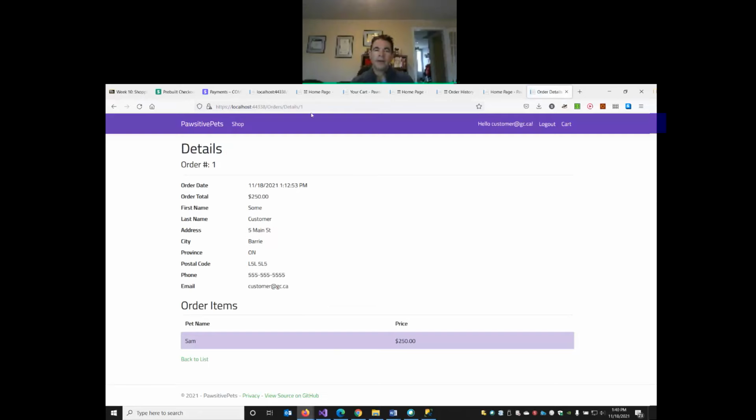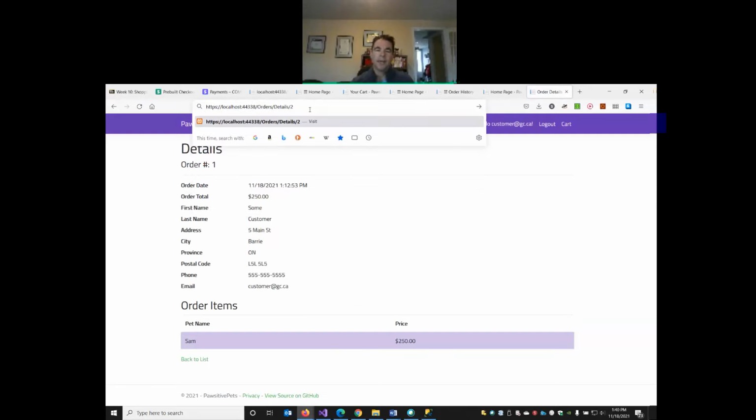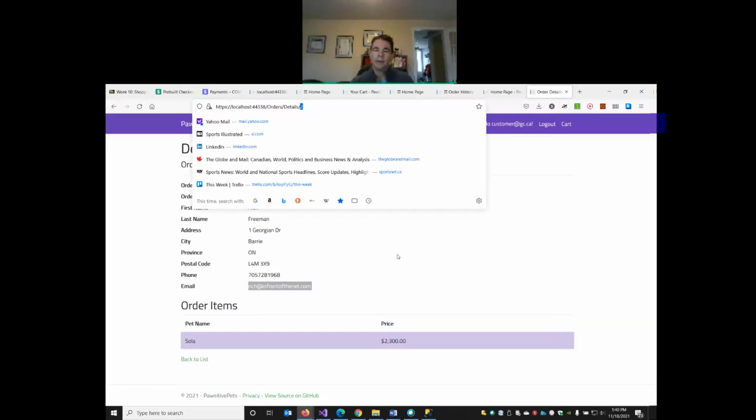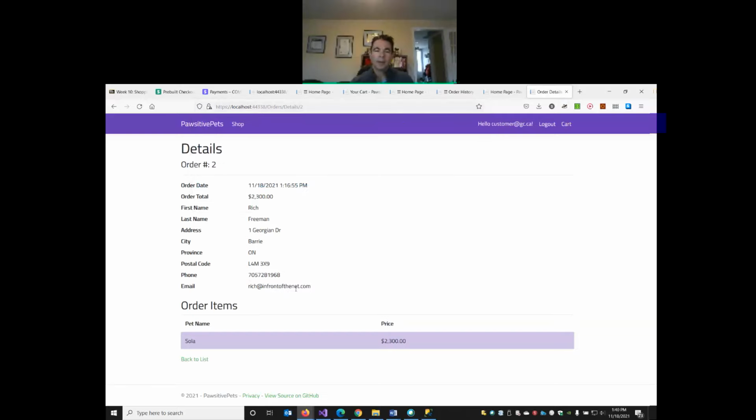However, if I click details, I could also change the ID number, right? So we need the same check on the details. I'm logged in as customer, but now just by playing around with the URL parameter, I'm able to see someone else's data. Not cool. So we need the same kind of similar check